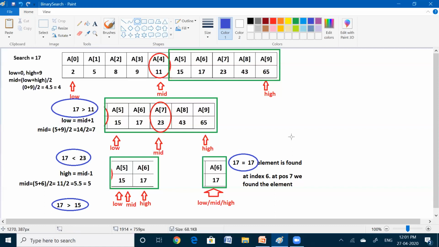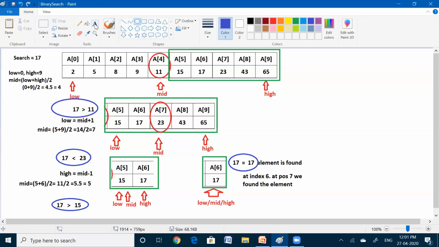If you search for the same element using the linear search technique, we need to search sequentially, one after the other, until the element is found. So if you search for 17 using linear search, how many comparisons do we need?